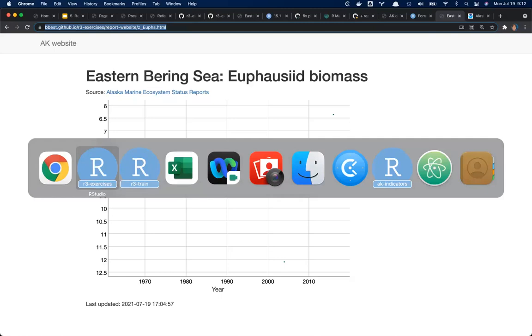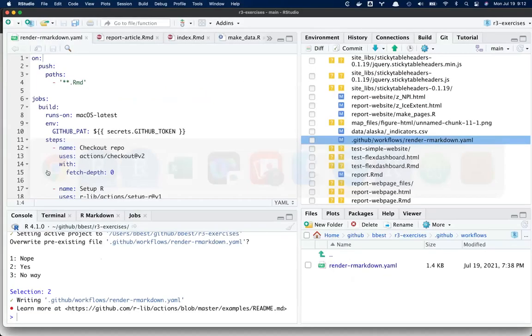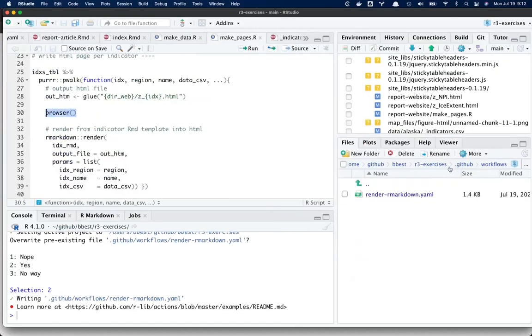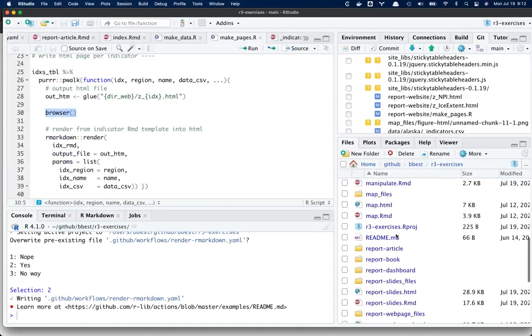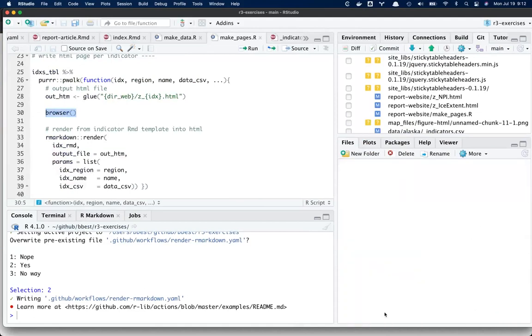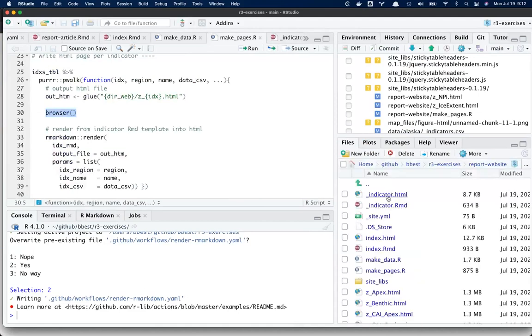And actually, this is a good point to demonstrate. I use a similar technique, but an actual loop, in the RMD website example. So if we look at the report website, and